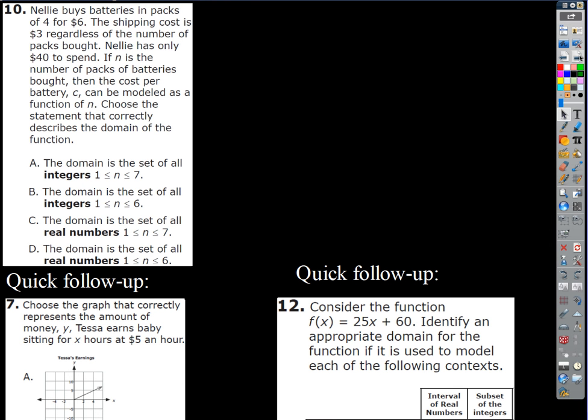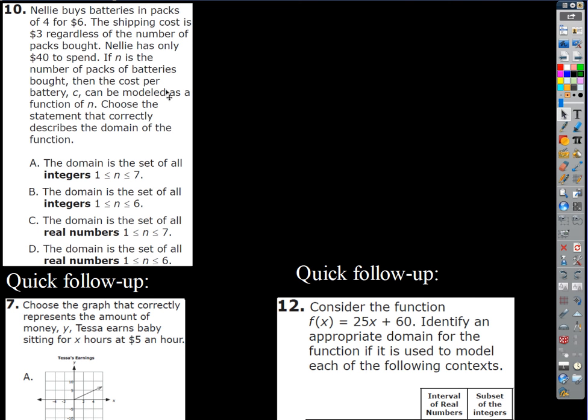So now we're looking at another example where you gotta read carefully. Nellie buys batteries in packs of 4 for $6. It turns out in this problem, it never makes any difference that they're in packs of 4, because all we're keeping track of is the number of packs of batteries. So that's extraneous information. You can ignore that part. The shipping cost is $3 regardless of the number of packs bought. Nellie has only $40 to spend. If N is the number of packs of batteries bought, then the cost per battery, C, can be modeled as